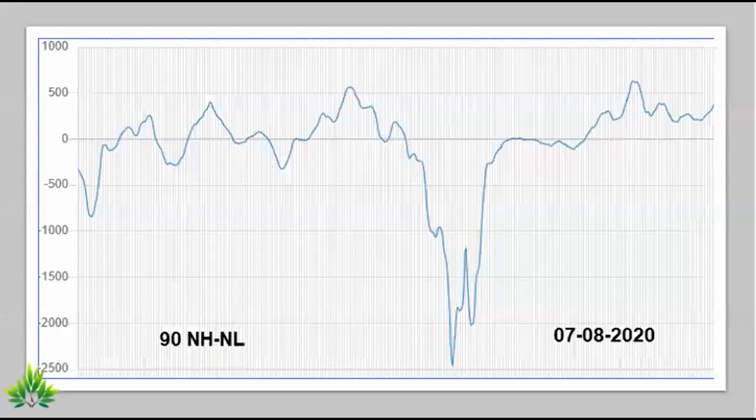Next, we will look at the same new high, new low index in the 90-day lookback period. Here also it had a similar pattern. There were lower highs, like what we had in 30 days, while it was shallow. Now even here strength is getting built up. The previous high has been broken in the index.